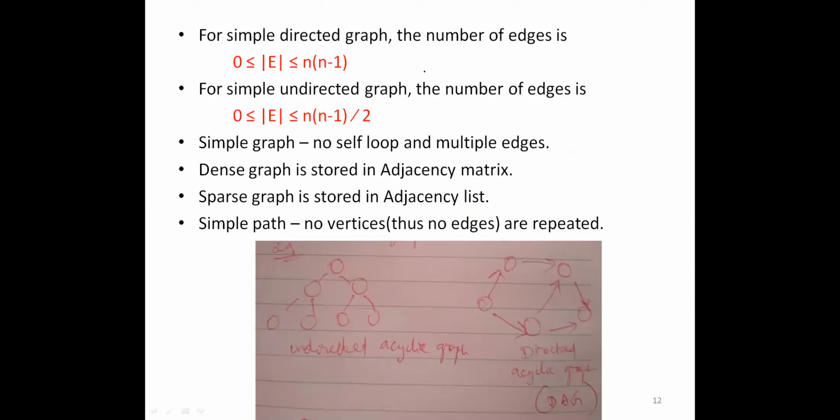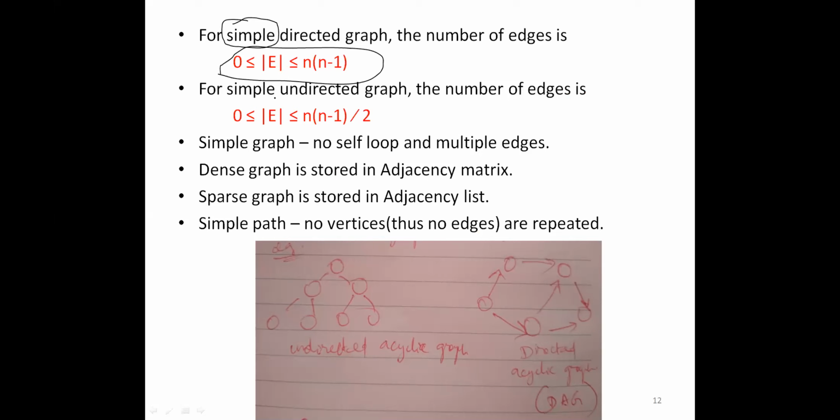For a simple directed graph, so for example, you're having a simple directed graph. So what is the number of edges? So just learn it by heart. How many edges will be there for a directed graph? This will be applicable only for a simple directed graph. We said a simple graph is one where we don't have multiple edges or self loops. No parallel edges and no self loops is called a simple graph. If it has direction, then it is a simple directed graph. In that case, what is the number of edges?